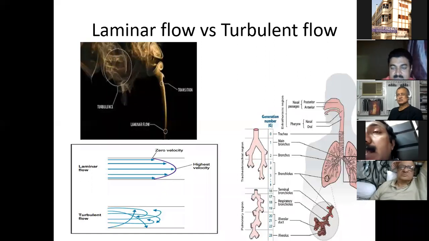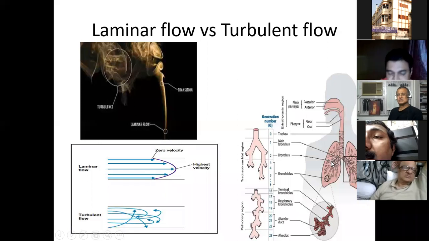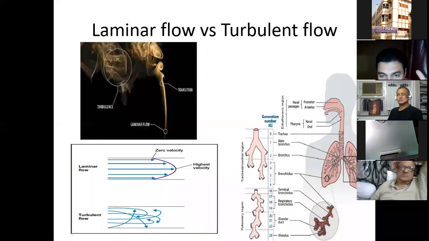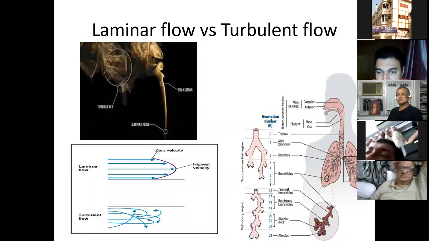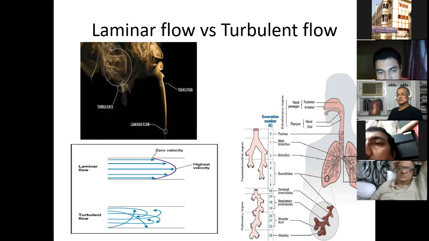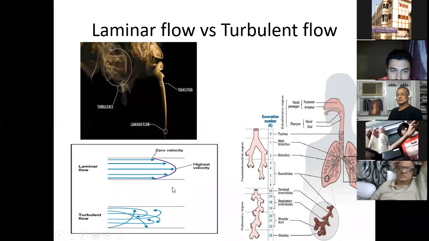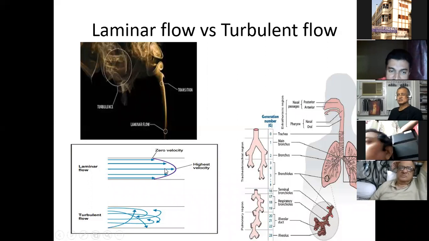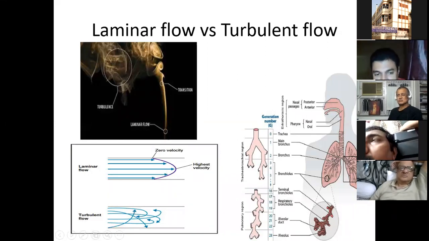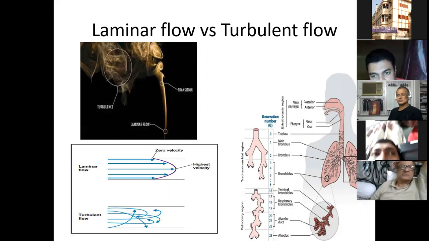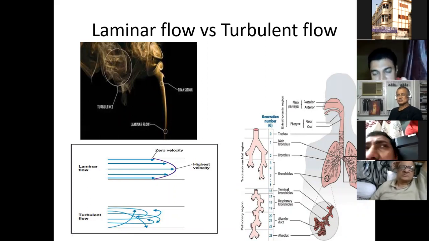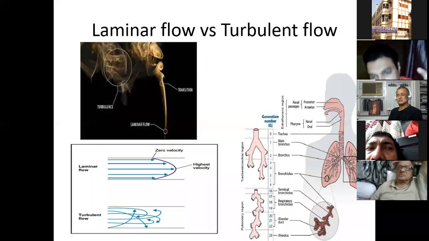that if the respiratory tract is populated with lots of secretion, then your lower airway may not have laminar flow, because this respiratory secretion obstructs each column of air, and it causes a turbulent flow, and thereby there is more damage. Turbulent flow causes more damage. So probably it is one of the pathogenesis